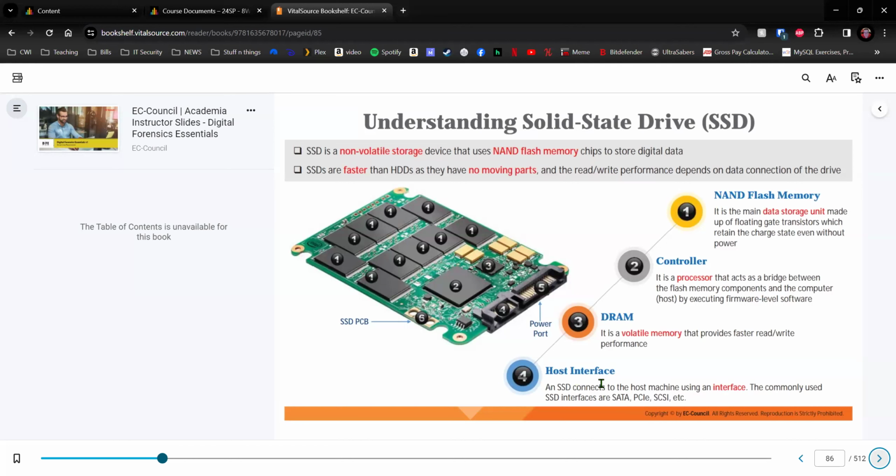And then you have what's called your host interface. Connects to the host machine using your interface. Those are your SATA, PCI, SCSI, etc. It's usually SATA. So when you talk about NAND flash memory and charge state, one thing that you need to